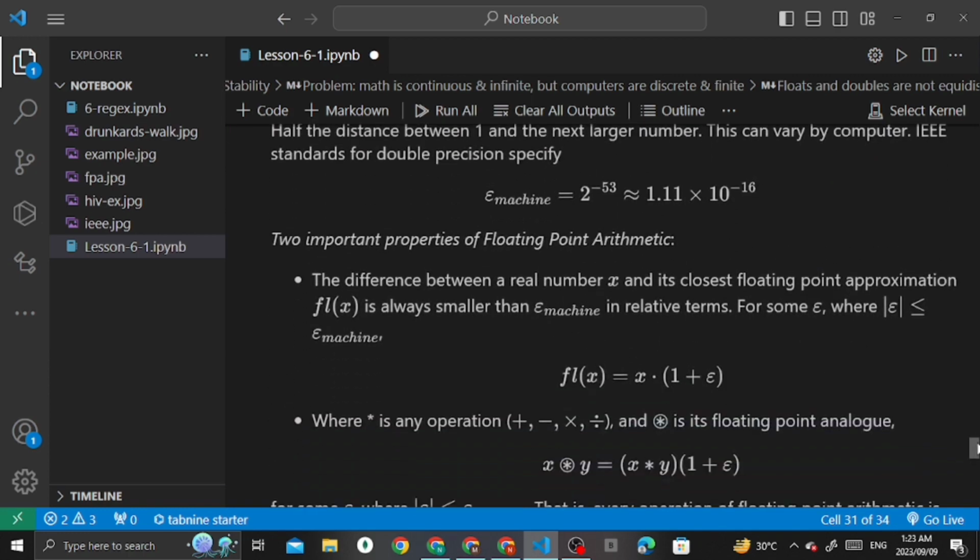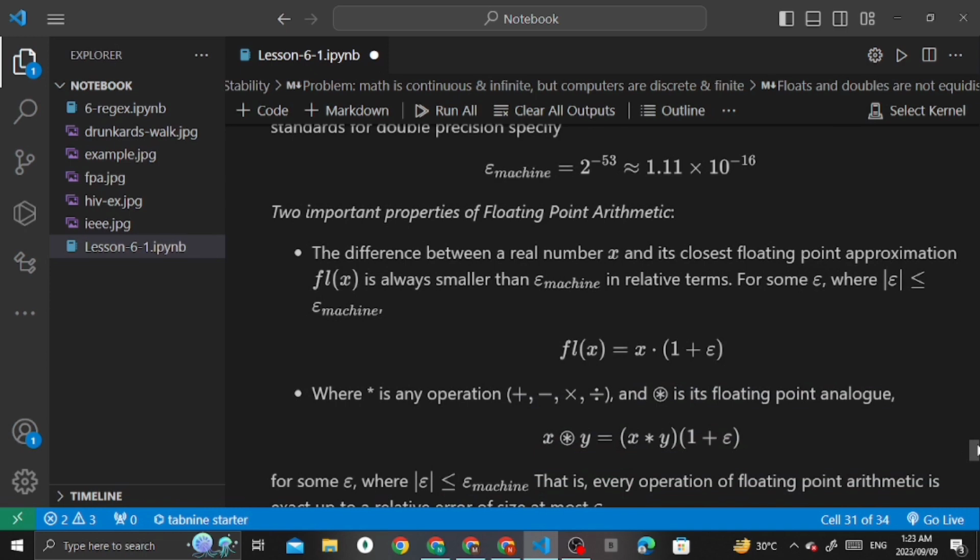In floating point arithmetic, the difference between a real number x and its nearest floating point approximation fl(x) is always smaller in relative terms, represented as fl(x) equals x times (1 plus e), where e is a small value.